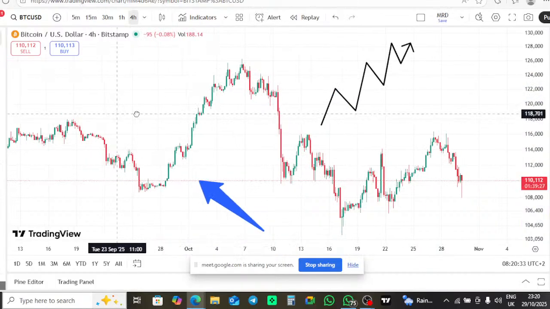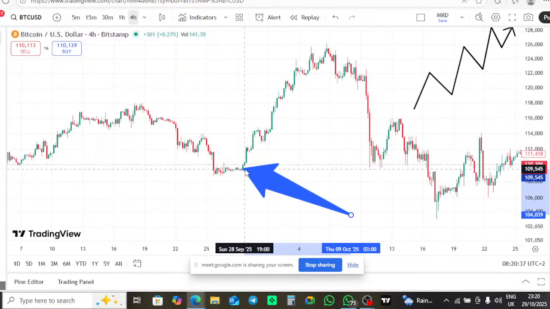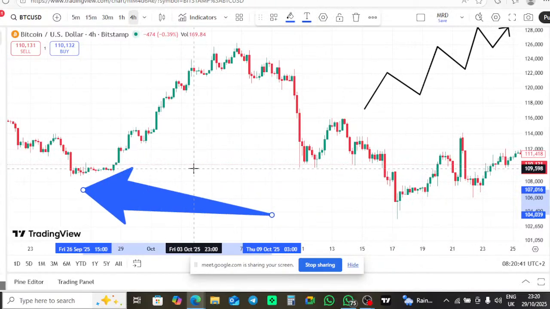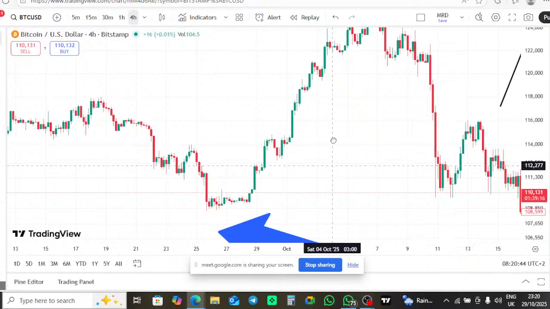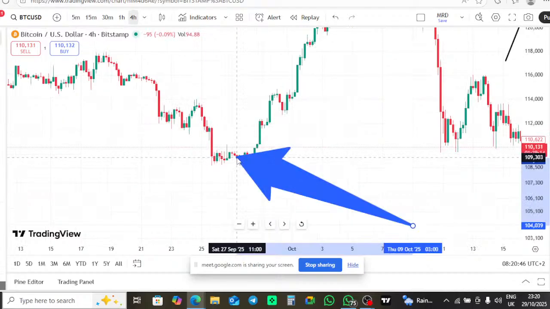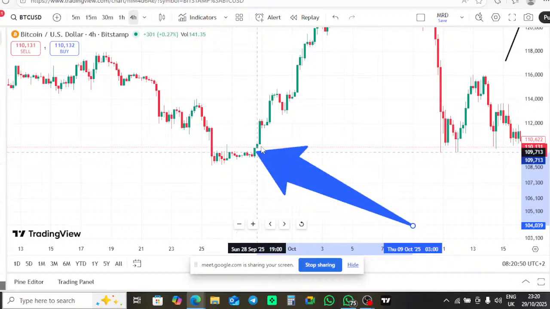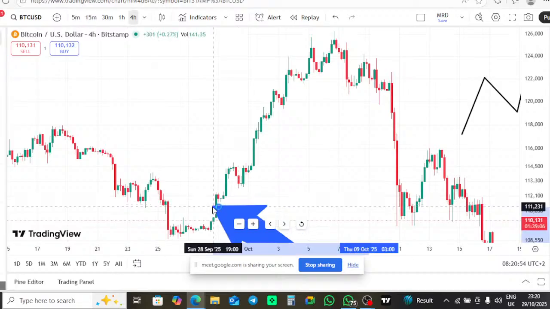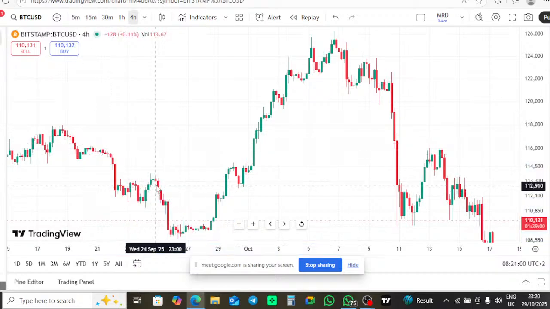If you can be able to identify, the market started from here. Here, it was ranging. It was not making a decision. That is the ranging market. If we talk about ranging, this is the ranging. Now from ranging, we can see the market now making a decision of an uptrend. Are we together? Before the ranging, it was a downtrend.